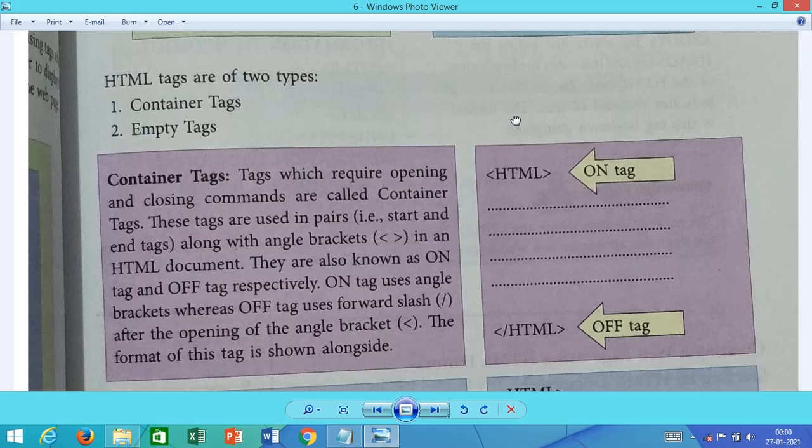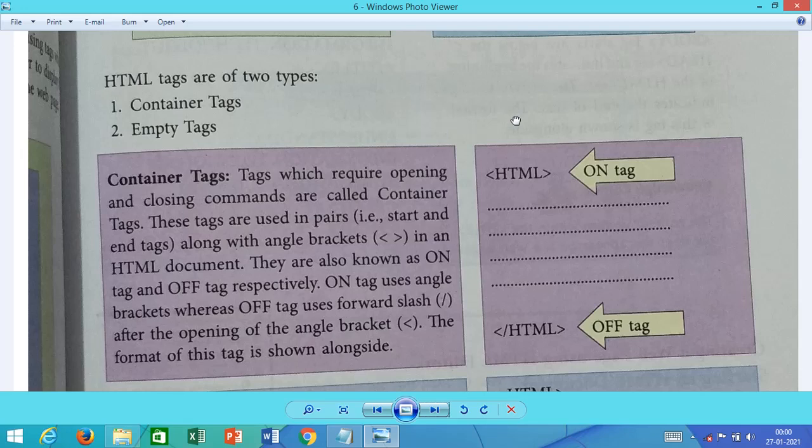Now opening and closing commands: on the right hand side you can see the HTML tag written. When the tag is written this way, the first one is written without the / sign, at the top, which is called the on tag, and when it is closed the same tag is closed with a / sign.